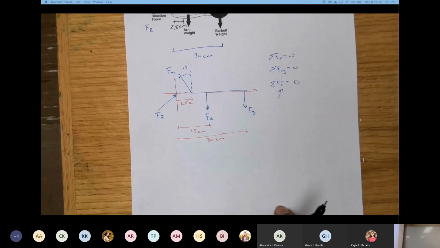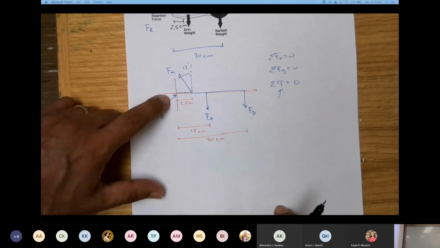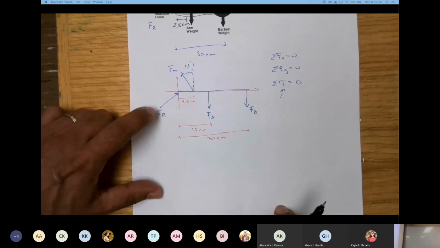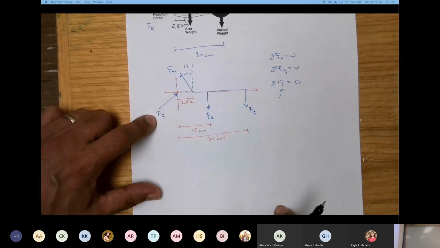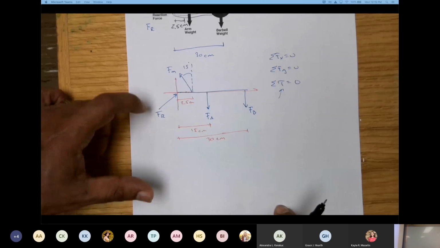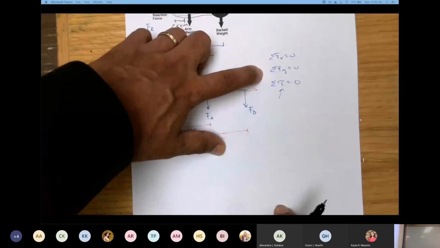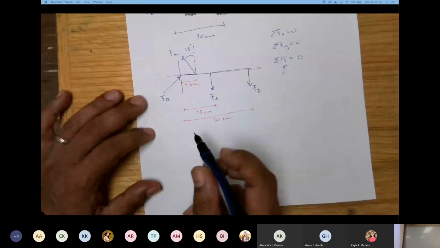And I'm going to work with the torque, because by working with the torque and choosing this frame of reference, I can eliminate this force. Well, I can ignore the effects of the torque of this force. So it simplifies the equation a little bit. Something that I cannot do if I work with the sum of forces in X and the sum of forces in Y. I cannot eliminate any force. So I'm going to do it with the torque.